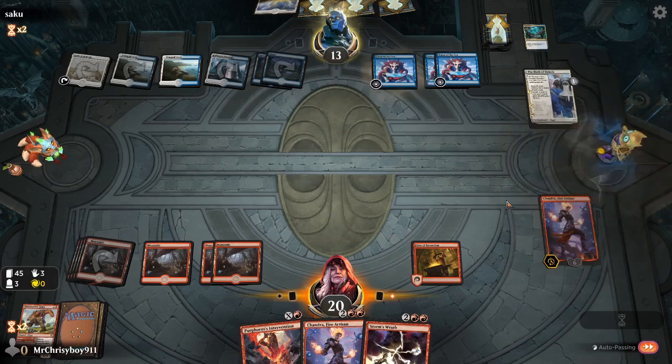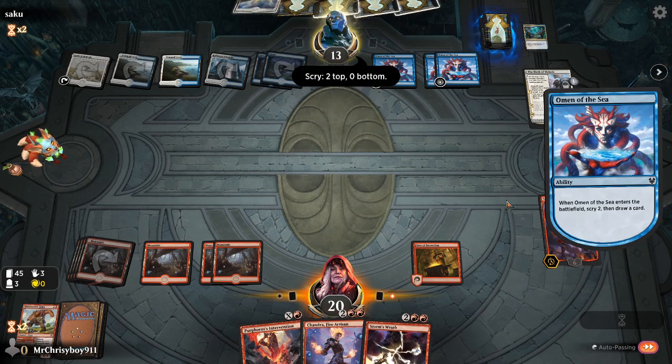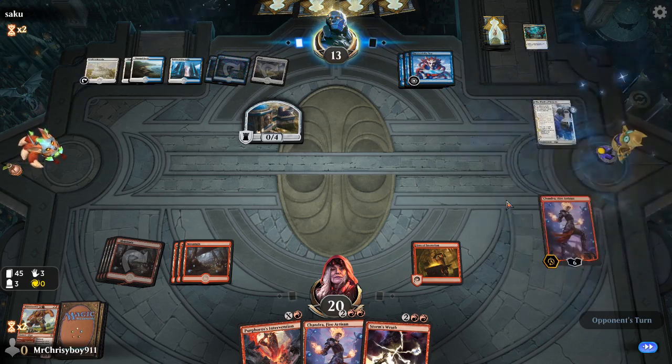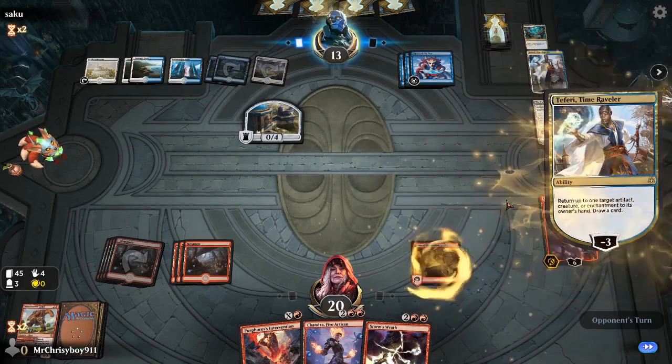Another Omen of the Sea. Omen of the Sea Tribal. Scry 2 to the bottom again. That would be good. 2 to the top is not what I wanted to see, but we'll see what he's got. Could be that new... It's called Dream Trawler. He's thinking about Chandra. Might bounce Chandra, but obviously it doesn't. He's gonna bounce the Fires. Okay, fair